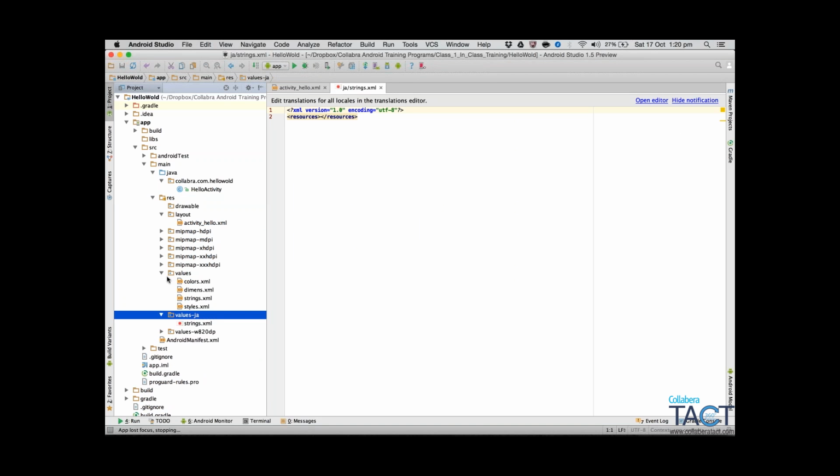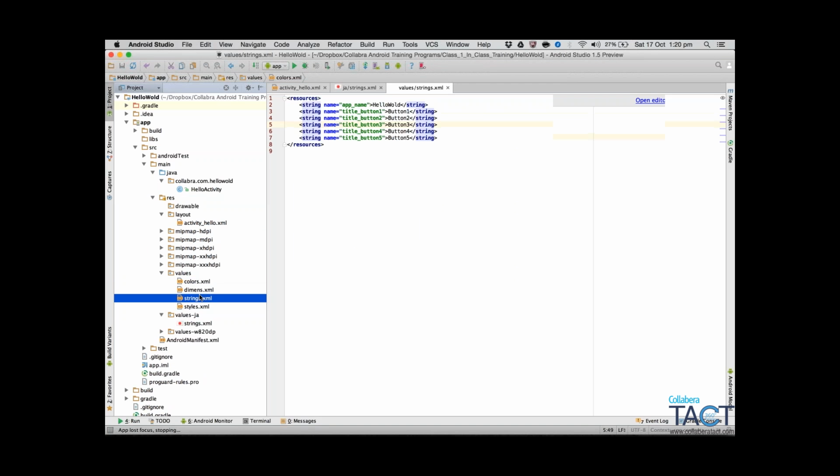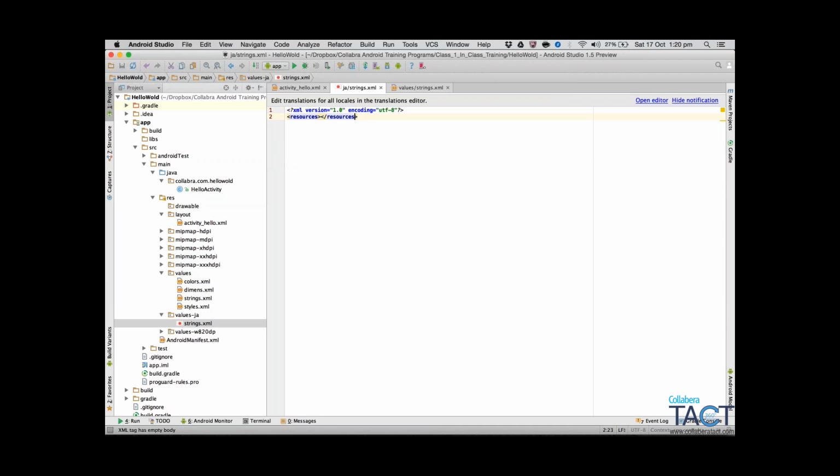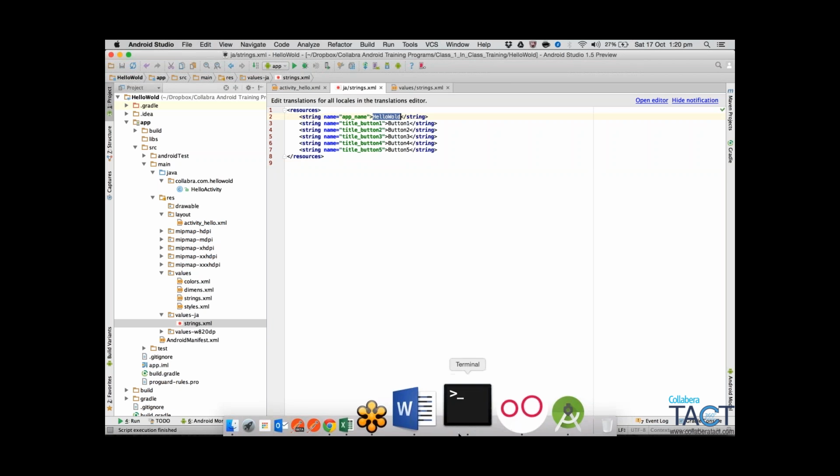So I will go into values, go into strings.xml, copy this entire block and paste it over here. So what we are doing is taking all the strings from the default folder and putting them inside the Japanese folder. And now I'm going to perform the translation. So first take the hello world,